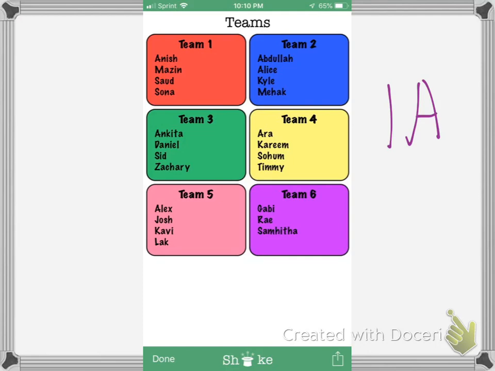If you do not see your name on this list, that means that you are maybe a person who hasn't taken the test yet because you were absent, in which case you need to check with the substitute to see if you're on the list to go over to Miss Rittenhouse so that you can take that test right now. So that's 1A.